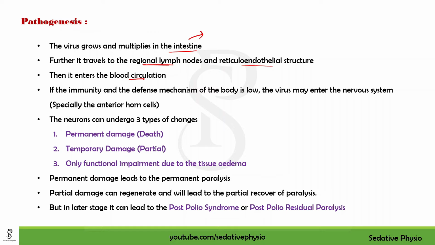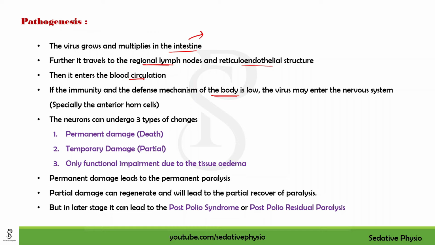Now, if the immunity and the defense mechanism of the body is low, and the virus has entered the blood circulation, the blood is circulating throughout our body from the toe to our head. So if there is low immunity, if there is a low defense mechanism inside the human body, the virus may enter the nervous system. As I have told you earlier, in some cases only diarrhea-like symptoms or only some grade of fever can be seen as a symptom, but in some cases there can be a paralysis,